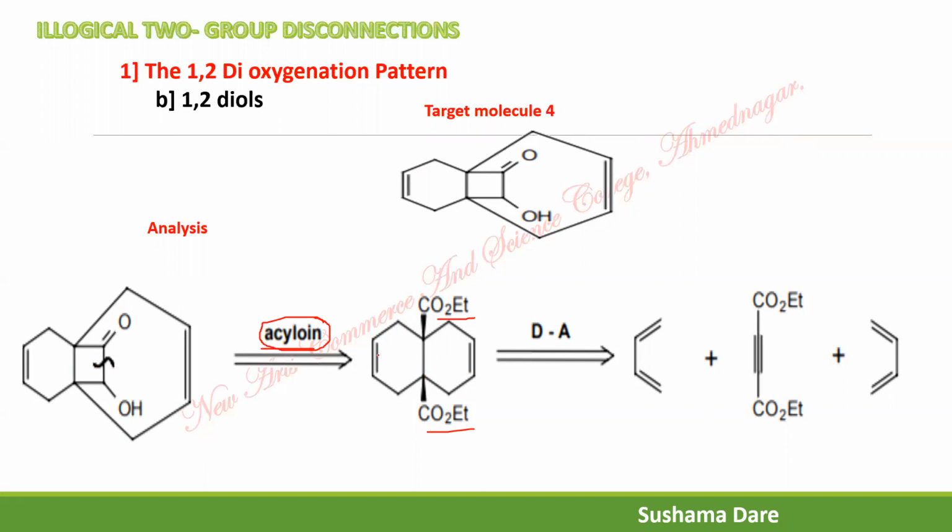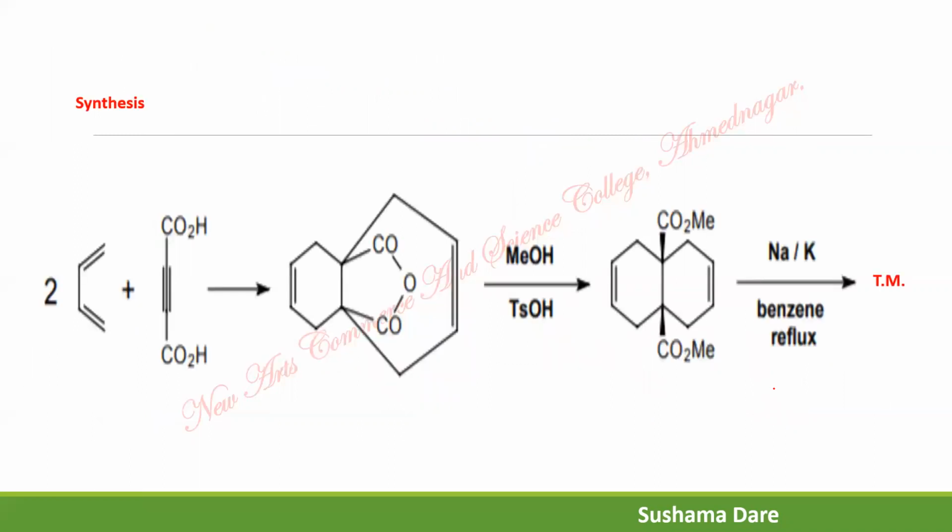Then it is simple. A 6-membered ring with an intracyclic double bond, and due to that there is a substituent which is an electron withdrawing group, so we go with the retro-Diels-Alder reaction. From both sides you go with the retro-Diels-Alder reaction, because in both rings there is a double bond. So what are you getting? 2 molecules of butadiene, and over here there is a triple bond. So this is the synthesis. 2 molecules of butadiene plus this acid, then it undergoes this product.